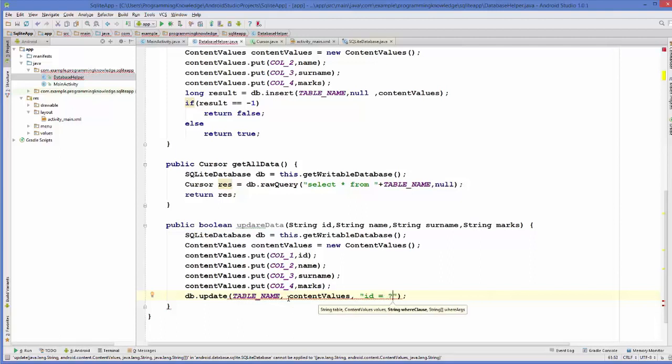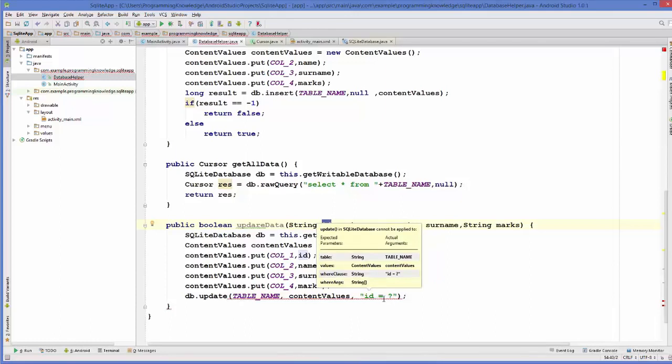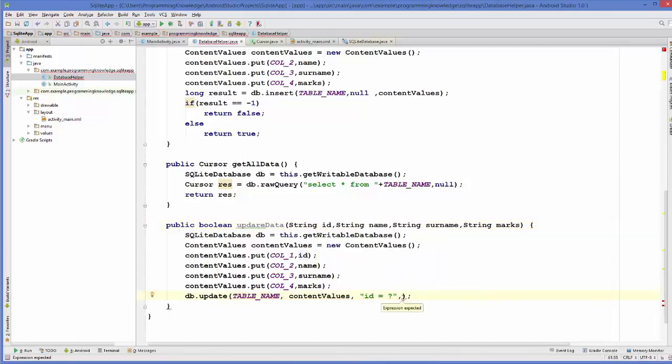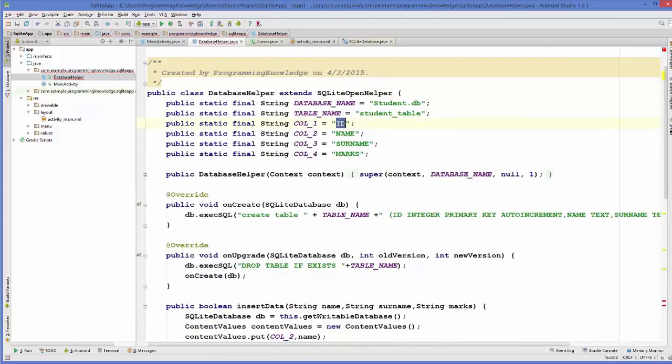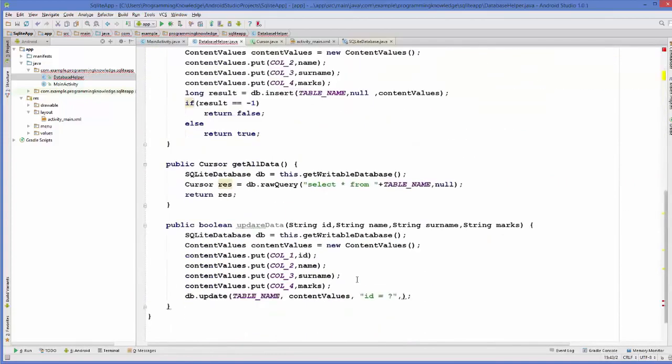So we will ask whatever ID is passed using this ID parameter, we are going to query this. And fourth is the value on the basis of which we want to update our data. So this is the column name on the basis of which we want to update the data, and our column name is ID. So you can just write here column name ID is equal to question mark, and then in